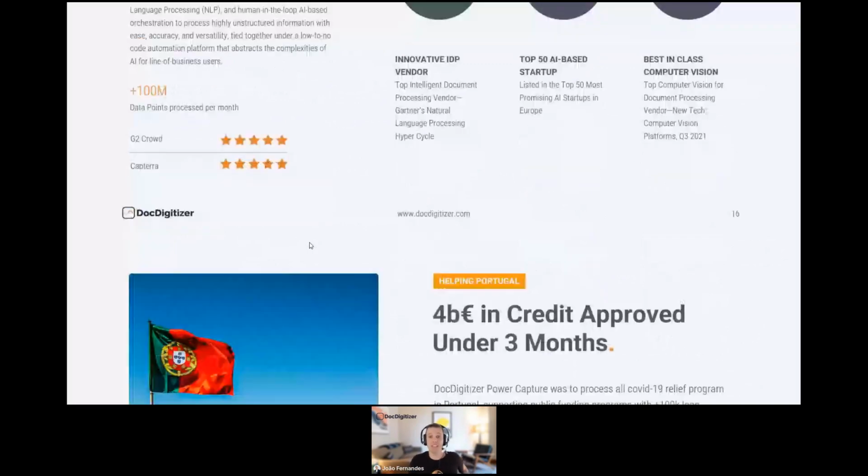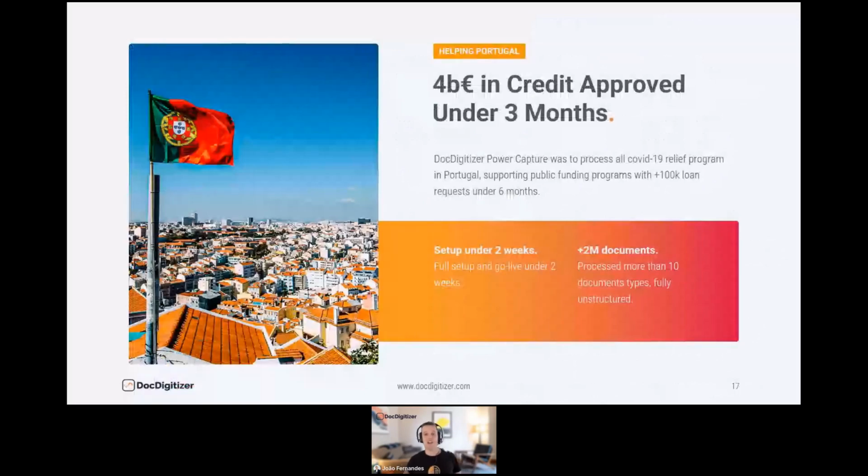In terms of KYC, and we are moving away from COVID, but all of us remember what it was in the beginning and the problems in terms of economic relief programs to the economy. Just to give you a hint, through DocDigitizer, we were able to approve more than 4 billion euros in relief funding in under 3 months, in close partnership with the Portuguese authorities.